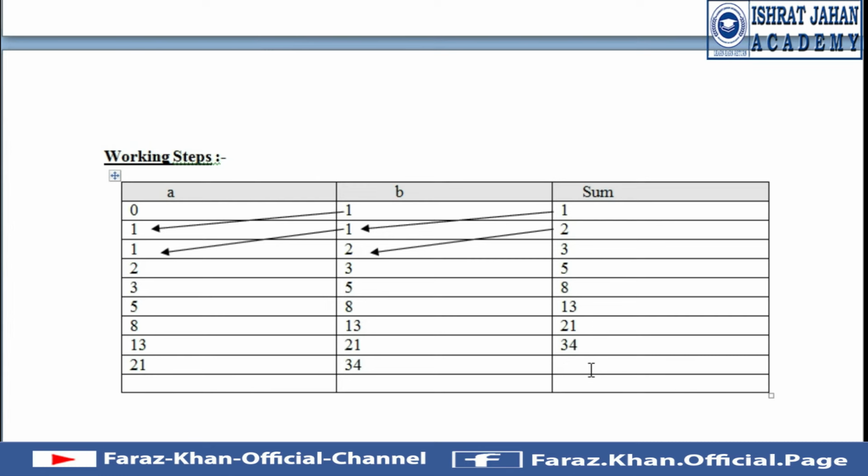Yes, 55, right? So B in A 34, sum in B 55, so it will become